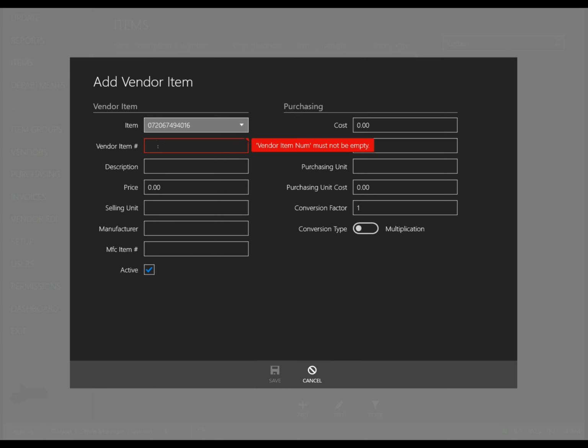In the Add Vendor Item screen, enter in the vendor item number for this item. This can utilize the same UPC or enter a specific vendor item number for this item. You can add additional details such as description, price, selling unit, manufacturer, and corresponding manufacturer item number. On the purchasing side, you can add the cost, the minimum purchasing quantity, the purchasing unit cost, and any conversion